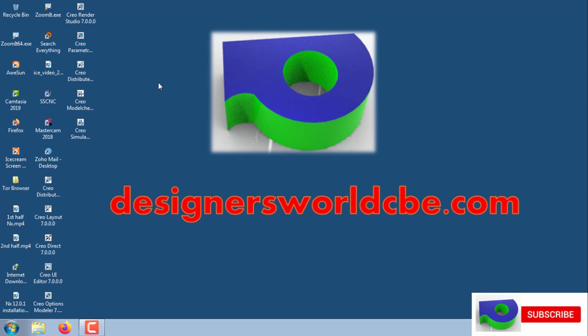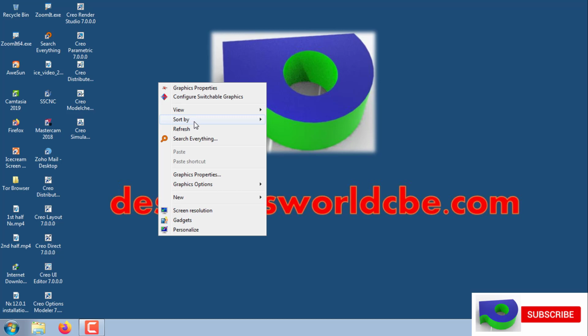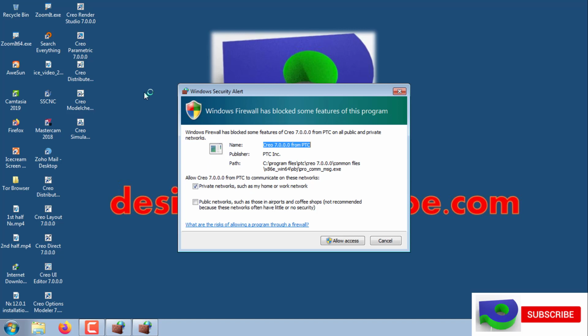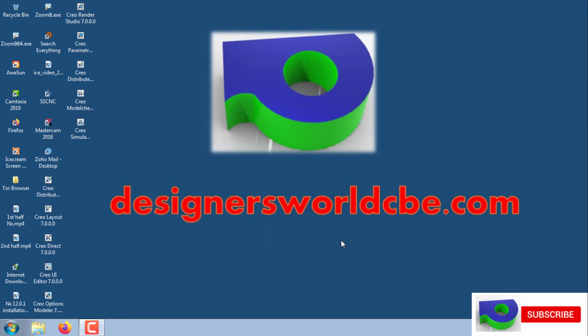And it takes some time to load on the initial opening. Okay. See, it will ask for some Windows firewall. You just select allow access and allow access,